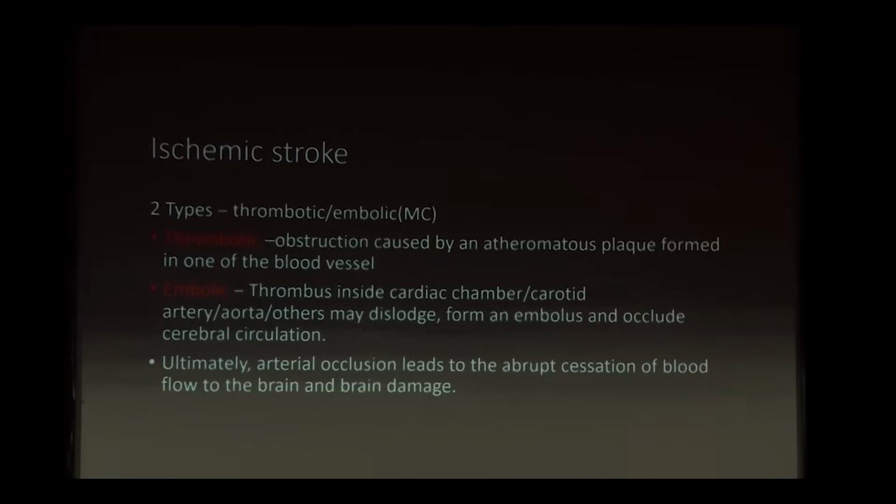So what are the two types of ischemic stroke? In this session, I'll be dealing more with ischemic stroke. Okay. So what are the two types of ischemic stroke? One is thrombotic, and then comes the embolic. Thrombotic means there is an obstruction caused by an atheromatous plaque formed in one of the blood vessels supplying the brain. Effectively, what happens is the blood supply to the brain parenchyma gets decreased and ischemia happens, and permanent brain